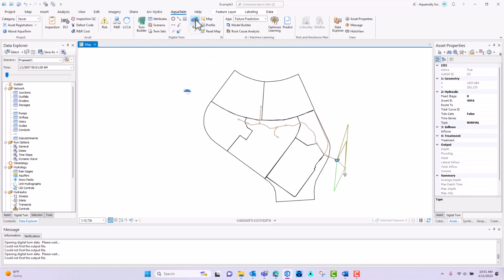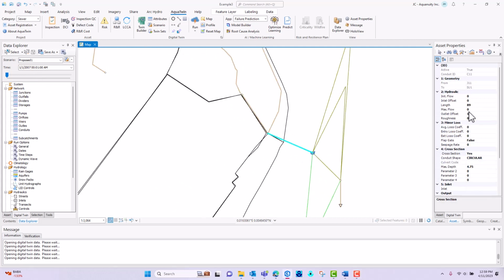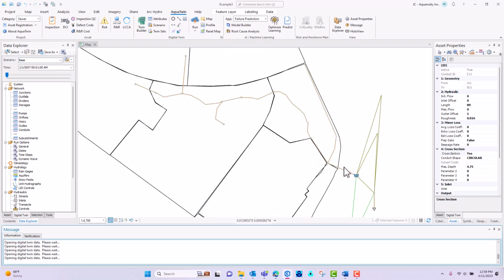And then I will run this model. So now I'm going to toggle back and forth between the scenarios and show you the changes. So in my proposed scenario for this conduit, I increased the roughness to 0.02. If I go back to the base scenario, since that's referencing a different twin set, you can see that the roughness for that conduit is